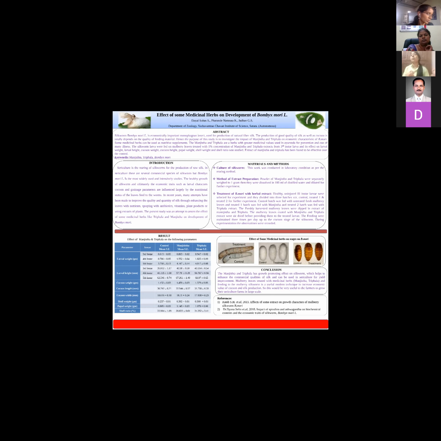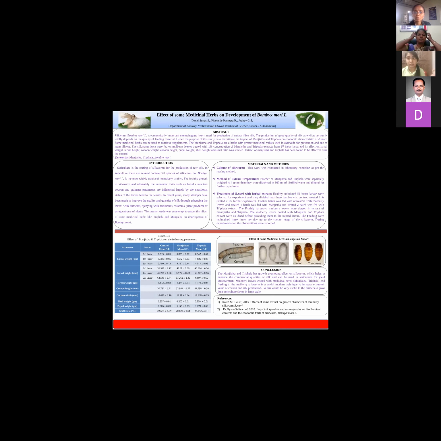The aim of our work is to evaluate the effect of some medicinal herbs, that is Manjistha and Triphala, on the growth and development of Bombyx mori L. Manjistha and Triphala are herbs with great medicinal value used in Ayurveda. Manjistha is one of the best blood purifying herbs. It is a flowering plant belonging to the coffee family, Rubiaceae, and Triphala is an Ayurvedic Rasayana formula consisting of equal parts of three fruits, that is Amalaki,